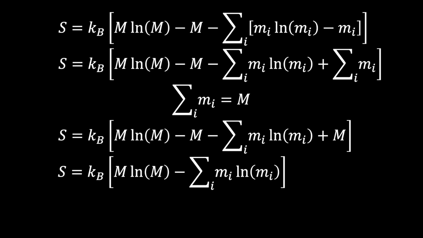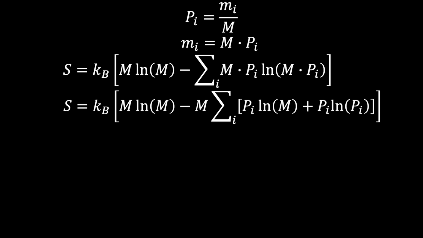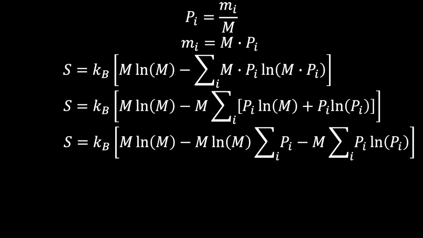Next, let's move our formula to be using probabilities instead of mi. Of all of our systems m, the probability of selecting a system with an energy corresponding to mi would be mi divided by m. Rearranging this formula, we get that mi is going to be equal to m multiplied by pi. Substituting this in and doing some simplification with natural log rules, moving our summation around, and then moving out some of the terms of the sum,